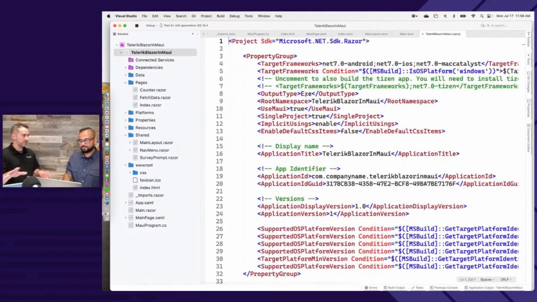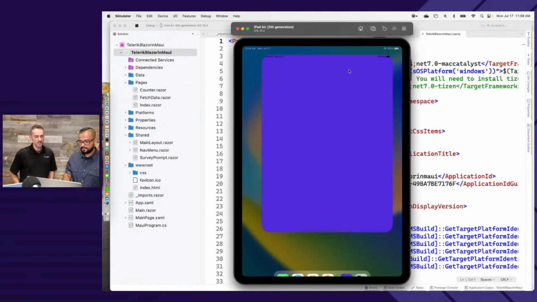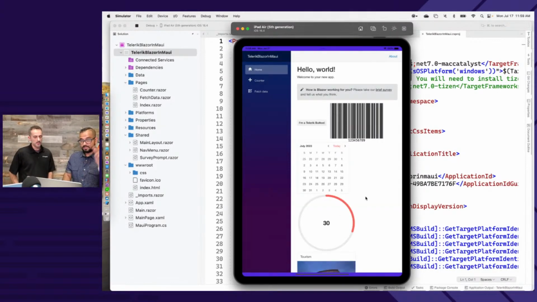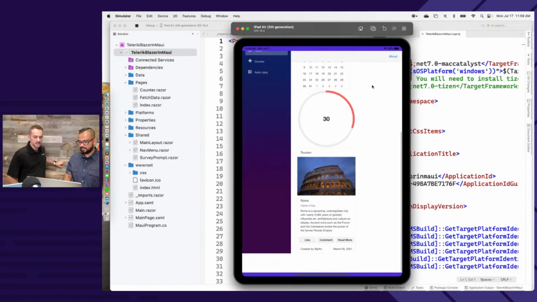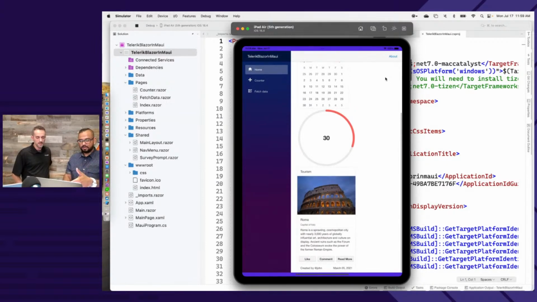Sure. Like you used to have to write, absolutely, folders, different projects, something to have each platform. Yeah. Now it's just one project, and that's about the gist of it. All right, so same Blazor app that I showed you. Now it does some of that responsiveness by itself, but some of it is going to be up to you. So here's your Blazor UI components just being rendered on a mobile canvas.